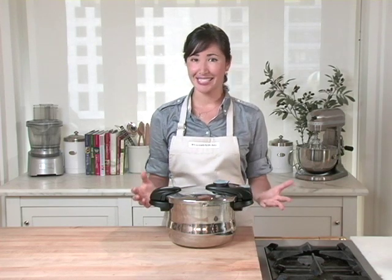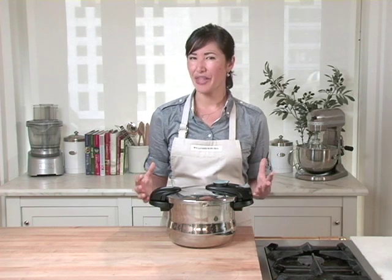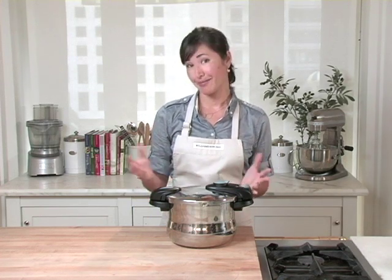Across Europe and the rest of the world, cooking with a pressure cooker is extremely popular. If you've ever had hesitations, this Fagor pressure cooker will change your mind. The reason why they're so popular is because they'll significantly reduce the amount of cooking time, and therefore the amount